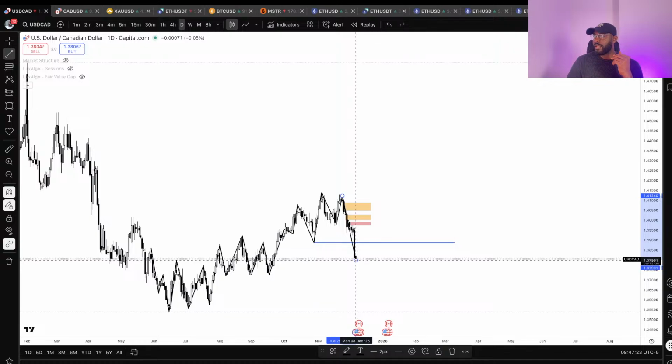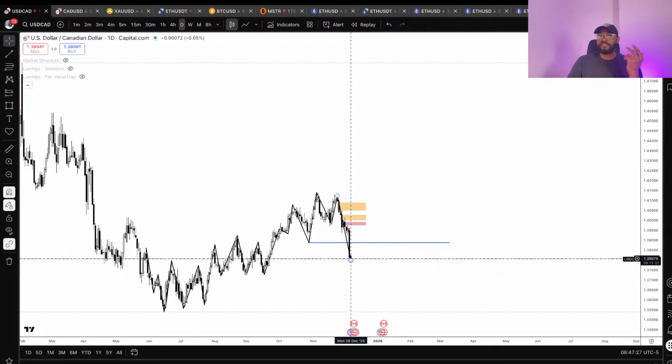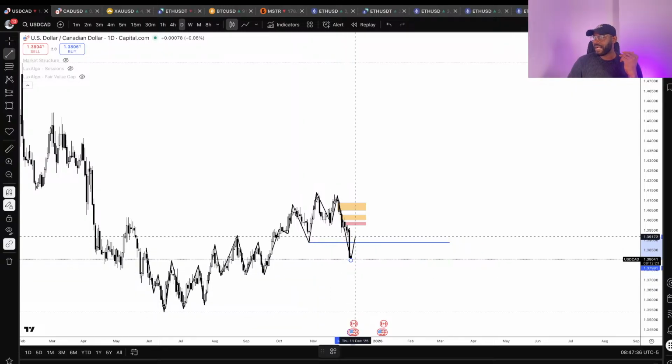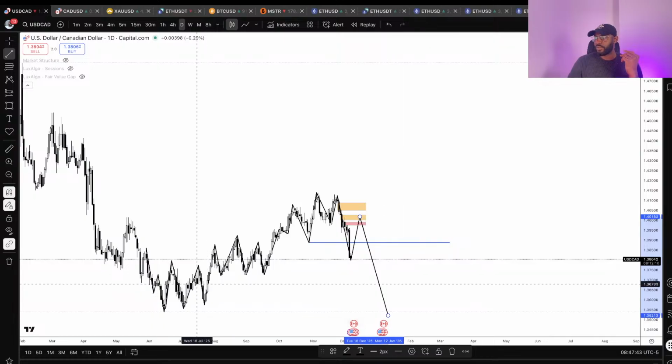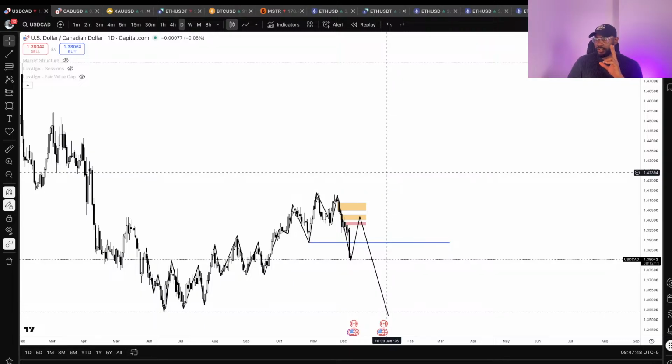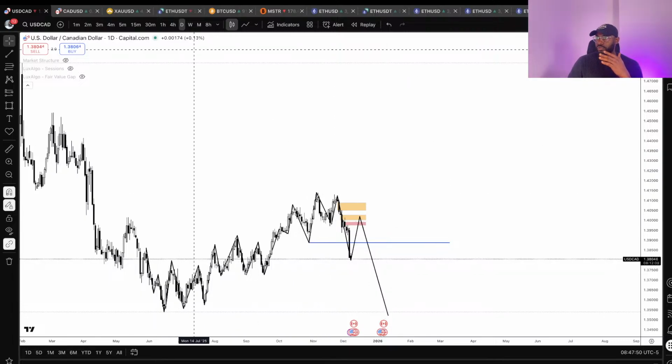Now, the moment we see this break of structure down here, what are we looking for? All we're looking for now is an area of liquidity the price will retest before a continuation to the downside. And that area could be an imbalance. It could also be the last up close candles before the major drop, to then run out these overall liquidity zones resting right here. So this is how you spot that continuation, because long term I'm very bearish on USD CAD